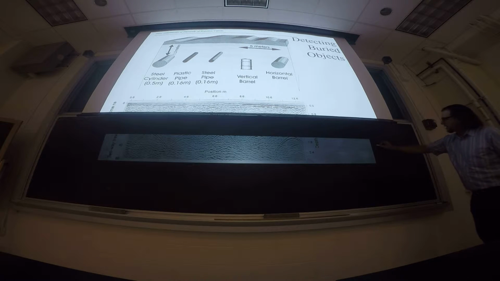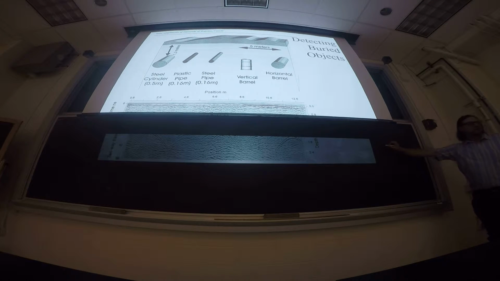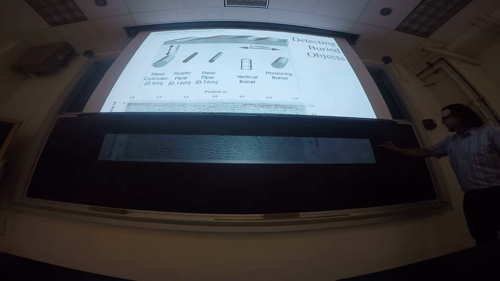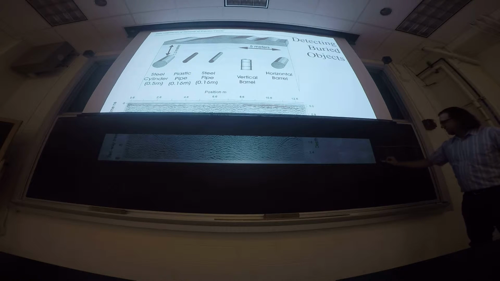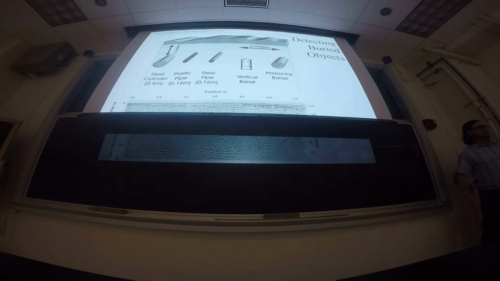If you're going along, let's just treat this as you're at the same point. So you have a shot here, you're going along the line, and you're generating a shot at each one of these points, and then making the measurement at the same point. Basically we're sending out an energy wave down and then measuring it at the same point. Does that make sense to everybody? That's basically what these systems do. Even though they have two antennas, the antennas are so close together, it's like having the source and the receiver at the same point. Now, if you put an object down here, and that's the only object in the subsurface,